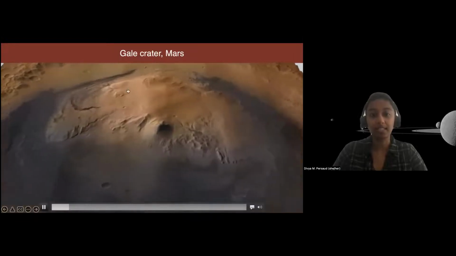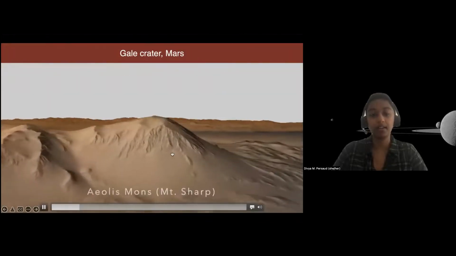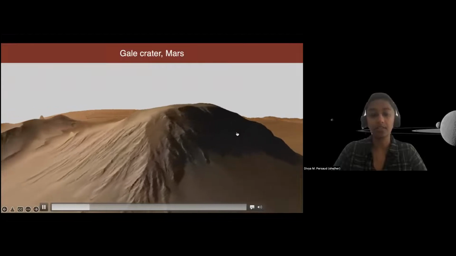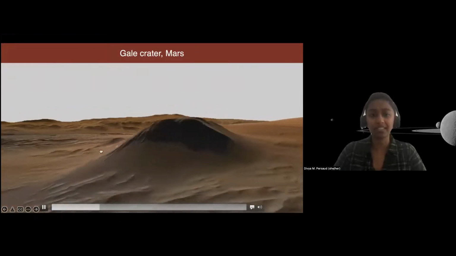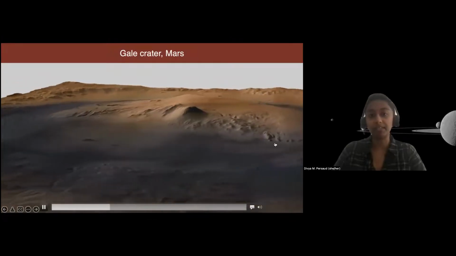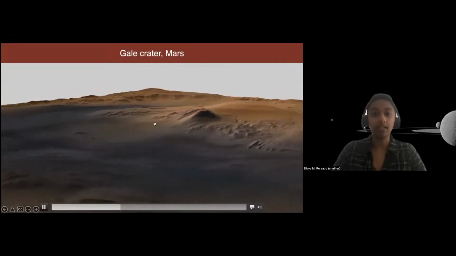So right now I'm focusing on this central feature here, which is called Mount Sharp. Mount Sharp, or Aeolis Mons, it's kind of unknown how it formed. Gale Crater was formed by a big impact 4 billion years ago, and then over 2 billion years this thing formed. We don't know if it was volcanic, if it was sedimentary, if it was water delivered, forming this big mound in the middle.